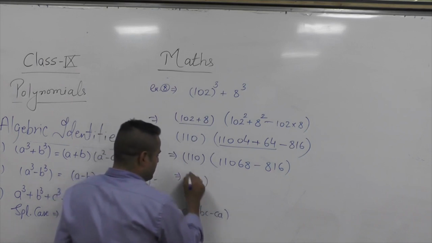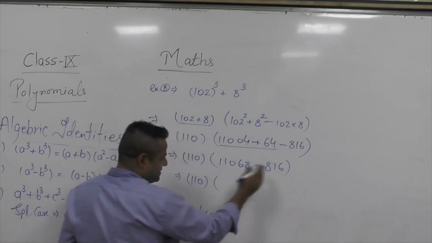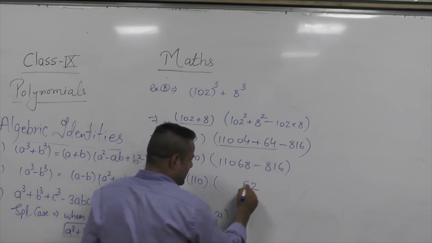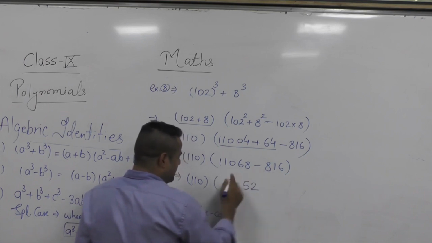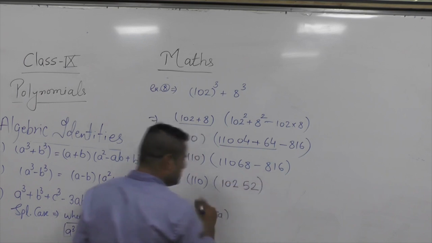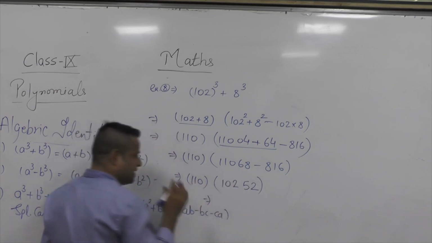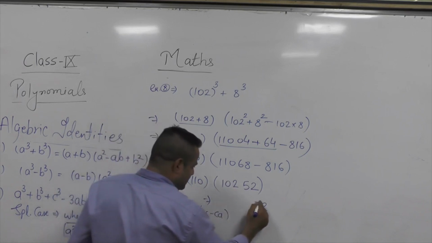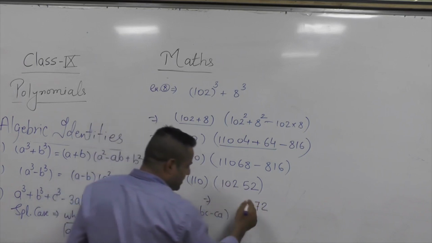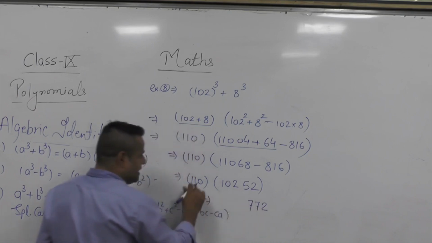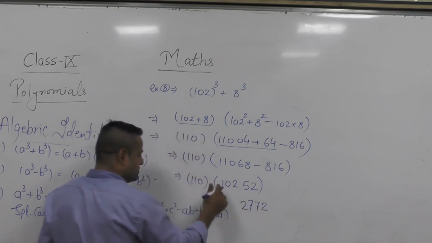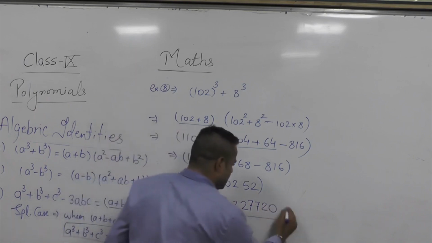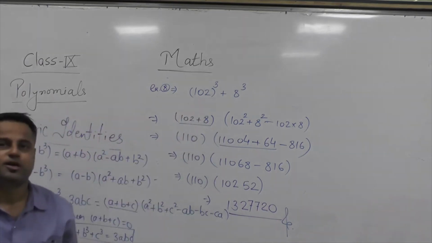Now multiply 110 with this number. You can subtract it. 8 minus 6 is 2, 6 minus 1 is 5, 110 minus 8 is 102. Now we are multiplying it. 11 table you all know. 11 2s are 22. 11 5s are 55 and 2 is 57, 5 carry. 11 2s are 22 and 5 is 27, 2 carry. 11 zeros are 0 and 2 is 2. 11 is 11 and 2 is 13 and 1 is 0. Don't forget it. This is the result of this whole cube term.